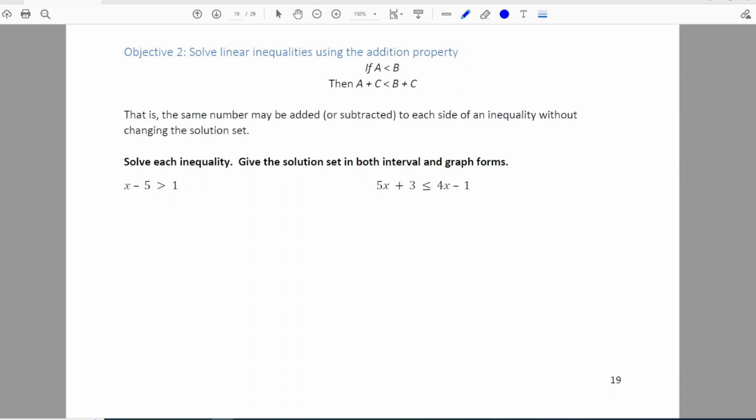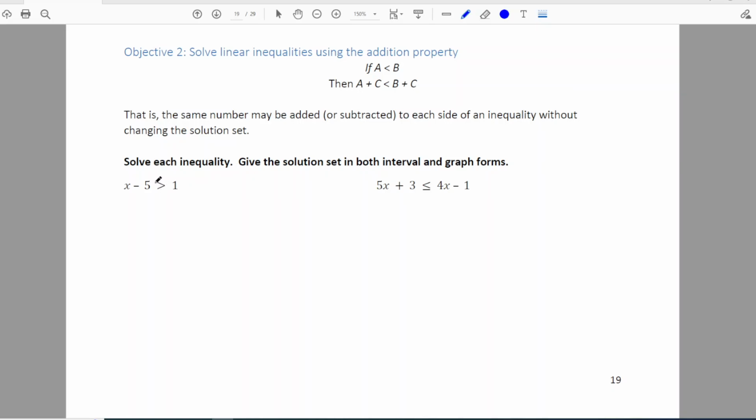So now that you know how to display the answers to inequalities, now we have to actually get those answers. So it's no different than solving a linear equation. The only difference is what you get for your solution. So for example, if you have an equation like x minus 5 is greater than 1, you just treat this